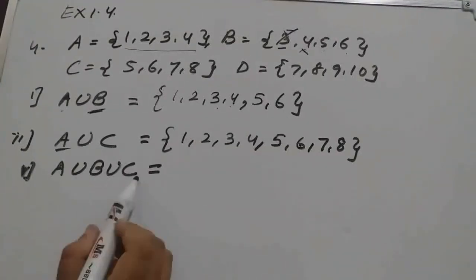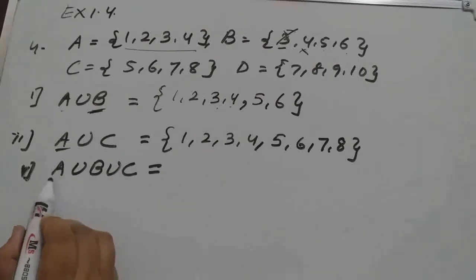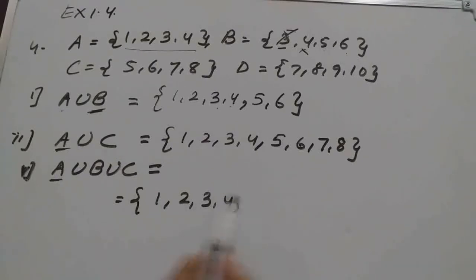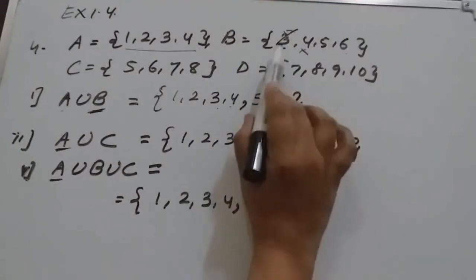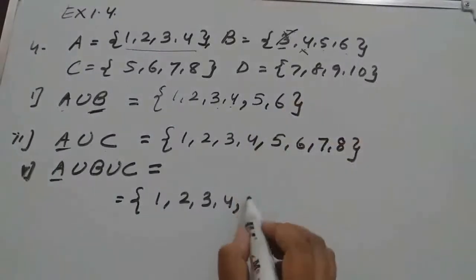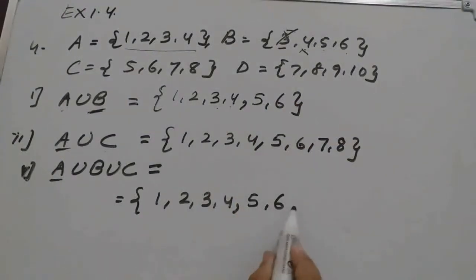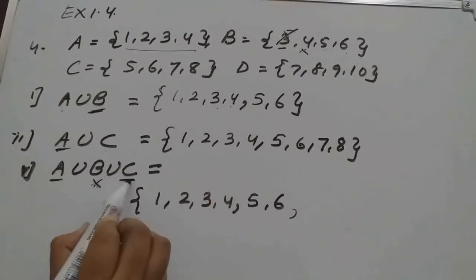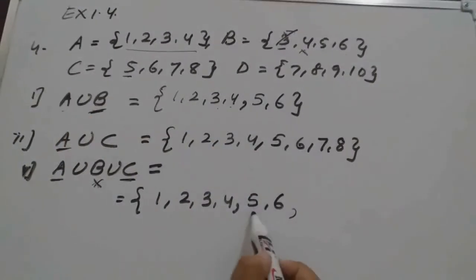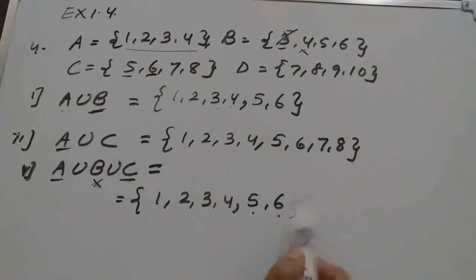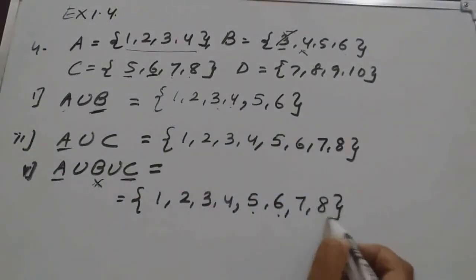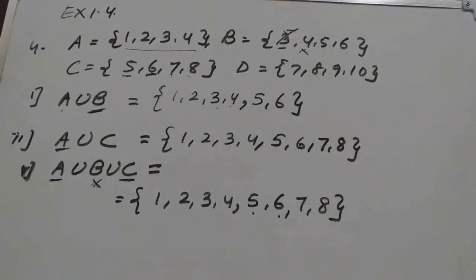Now to find the union of 3 sets. First we write the elements of A: 1, 2, 3 and 4. Then the elements of B; 3 and 4 are already there, so we will write 5 and 6, isn't it? Then B is over, so go to the next set which is C. In C, 5 is there, which we wrote already, 6 is there, which we already wrote, then 7 and then the last element is 8. So like this you can calculate the union of any 2 or 3 sets.